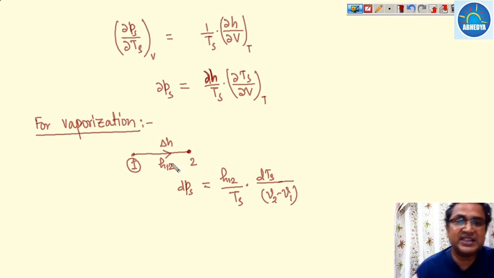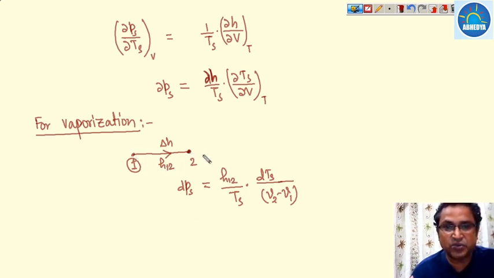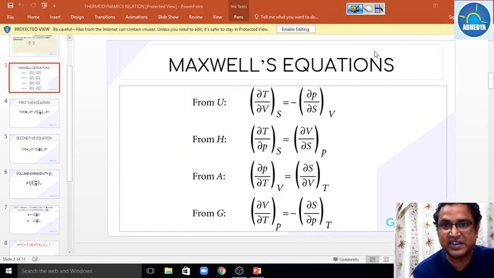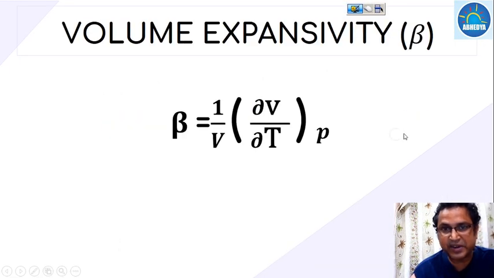Okay, and since this vaporization is there, at point 1 and point 2, this is H2 minus H1. We can write this equation as del P over del T at a constant volume, del Ps over del Ts, which is nothing but 1 upon Ts into (H2 minus H1) divided by (V2 minus V1). This is the general equation, as we have seen in the Clausius-Clapeyron equation,